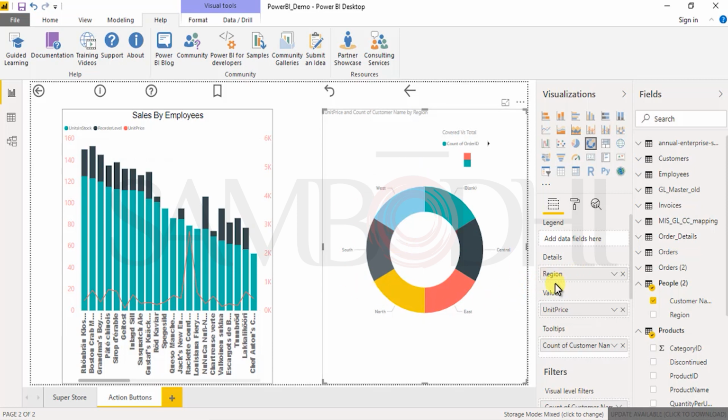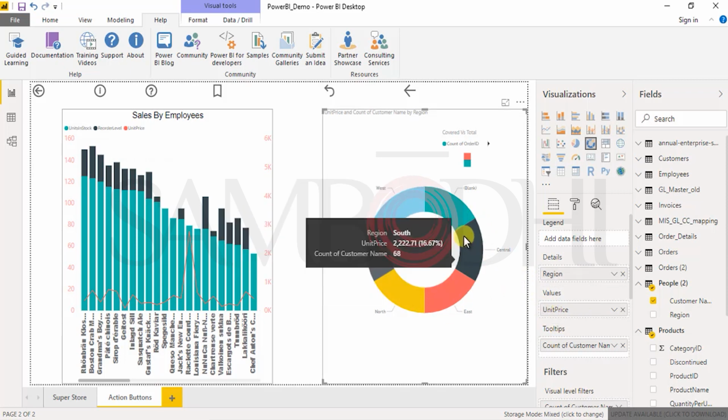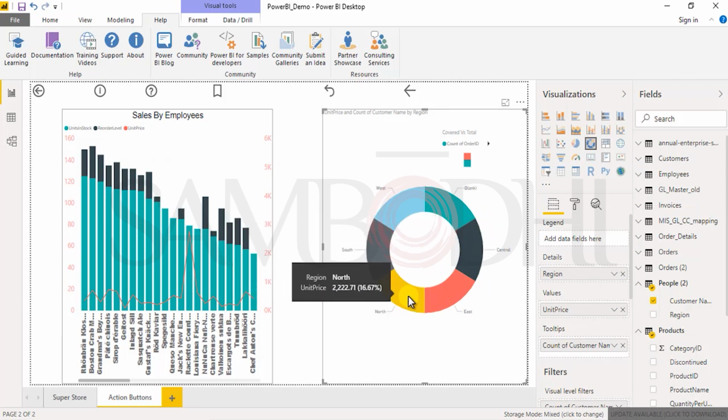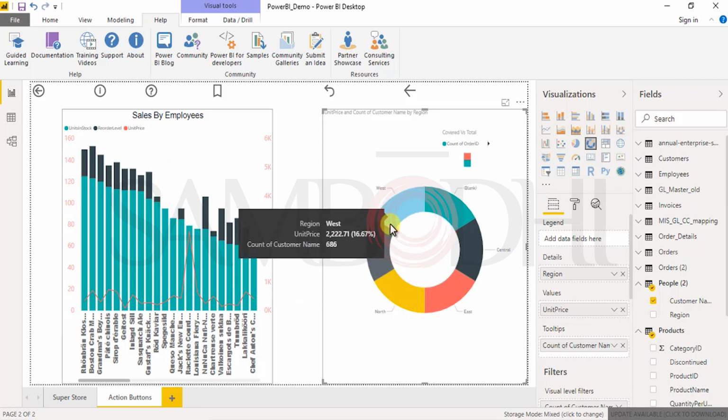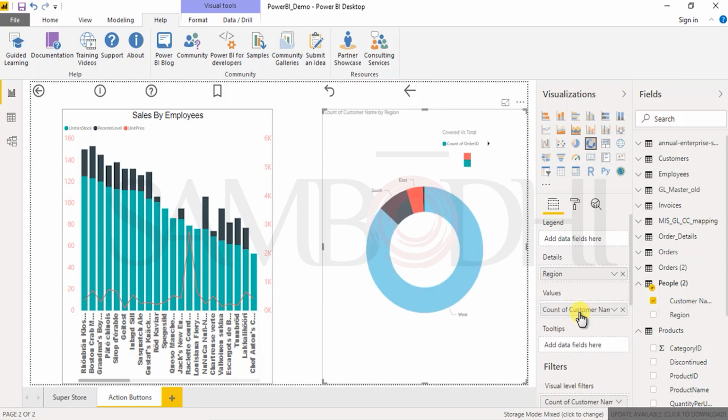And on what basis? Our basis over here is region. What we are showing is the unit price as its value. So for every region, this donut is bifurcated on unit price. If you look at it, unit price is uniformly distributed. So if I remove this and move it over here, and I keep this, now you have a good chance of understanding that there are